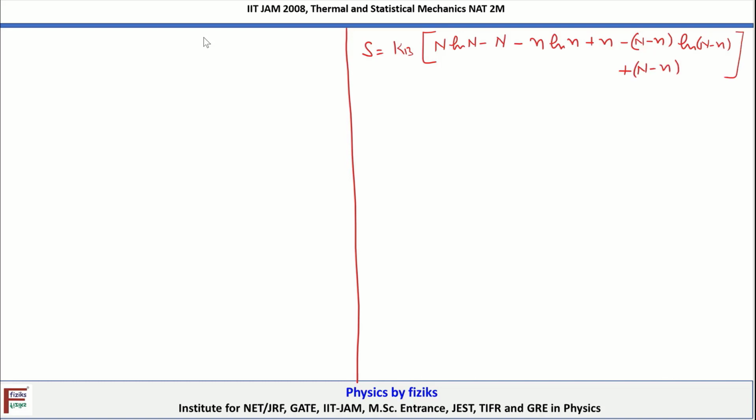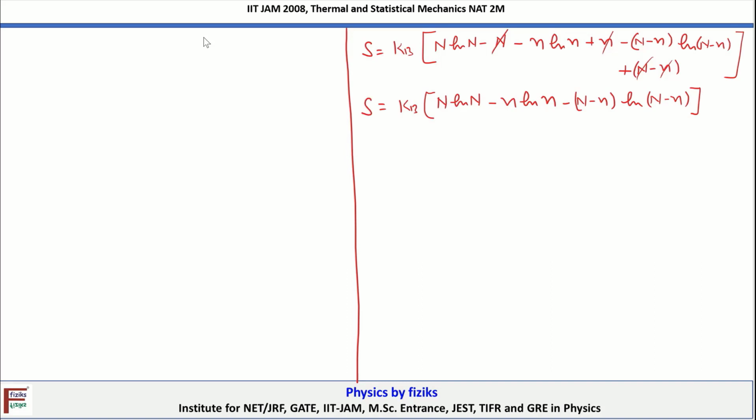Some of the terms will cancel: here it's minus n, it's plus n, it's minus n, and it is plus n. So this is equal to kB times n ln n minus n ln n minus n minus n ln n minus n. So this is the